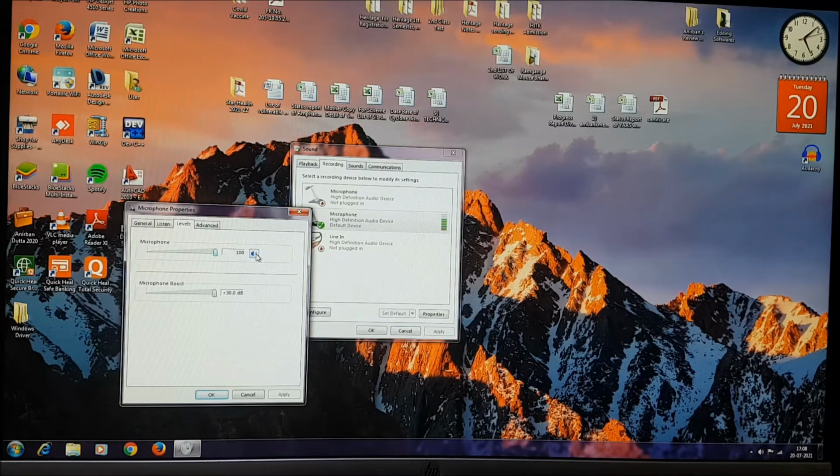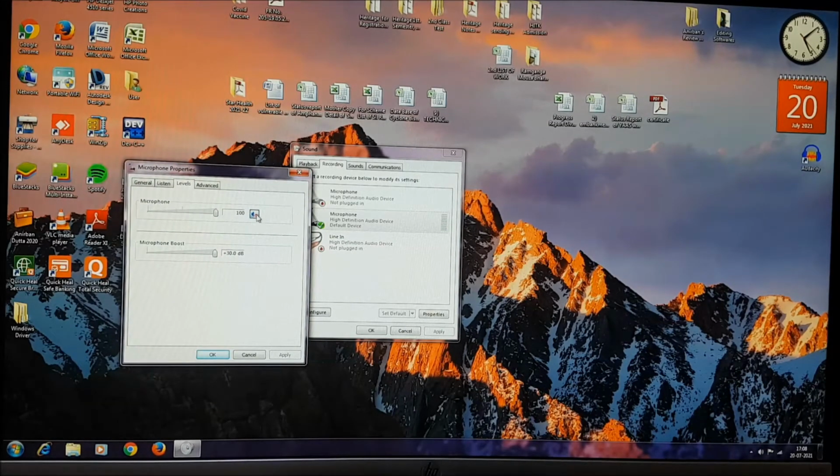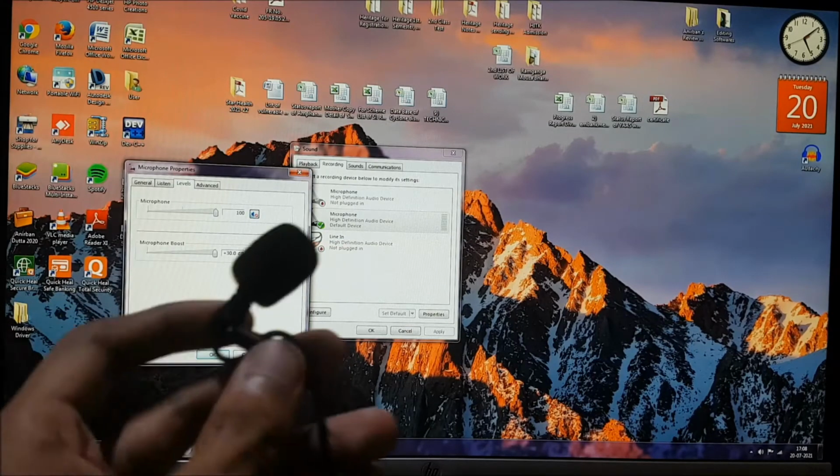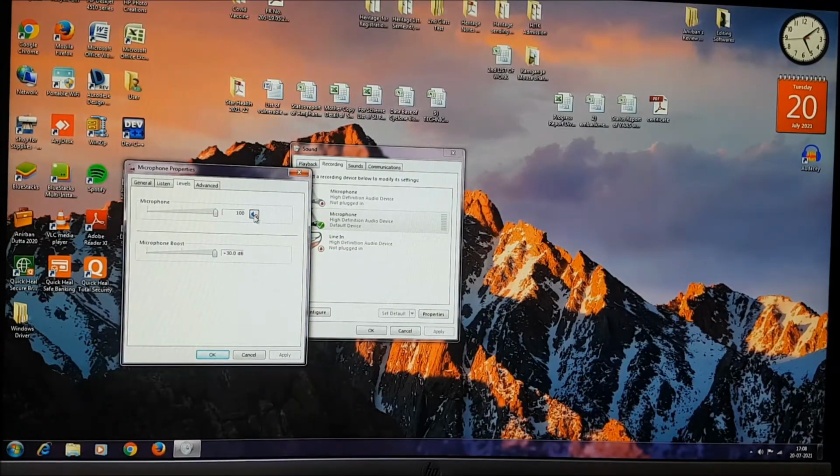And many times what happens is that this particular icon remains closed, that is this kind of disabled option is there. As you can see, if you check, this red colored cross icon is there. If this is there, then as you can see I am speaking, but still the green colored bar is not showing at all. That means you are disconnected from your microphone, it has stopped and it is not receiving your voice. In that case you need to remove that red mark by clicking on it, and when you click on it again you will find that this level is going up and down, as you can see.